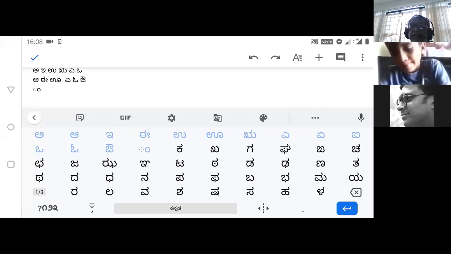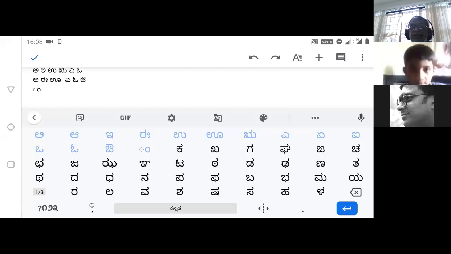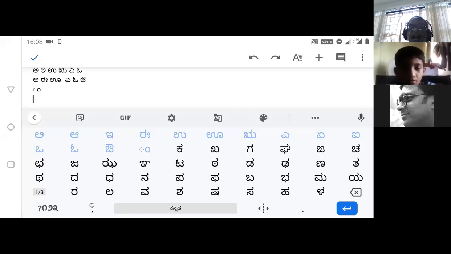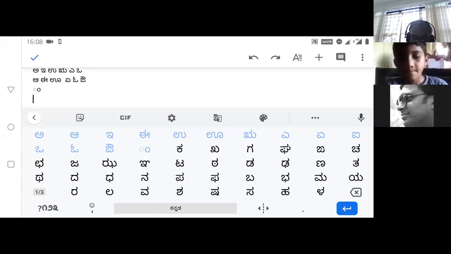I said yesterday that Vyanjana means you have to add a swara or something to make it pronounced. So the original, for example, in this first 5 letters, kha, kha, ga, ga, nga, the actual letters are k, k, g, g, ng. But these are difficult to pronounce, but they're actually available in the keyboard.